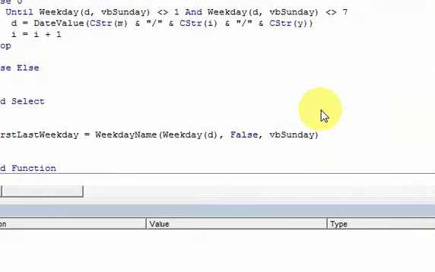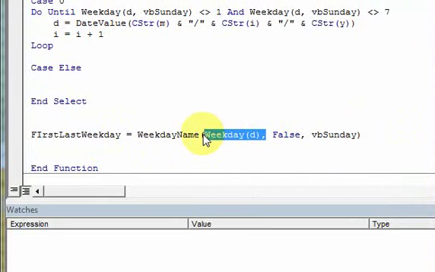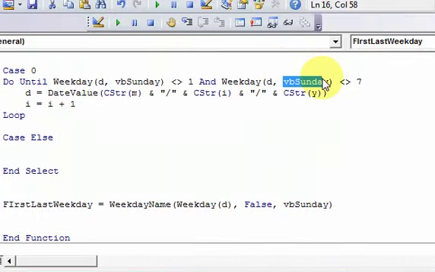Oh, this is the WeekdayName function, if you don't know it, play around with it, but it's pretty simple. You pass in a number between 1 and 7. You say whether you want to abbreviate, like if you want MON instead of Monday, or TUE instead of Tuesday. This true or false parameter will allow you to abbreviate. And then this parameter is the same thing that you pass up here, so that